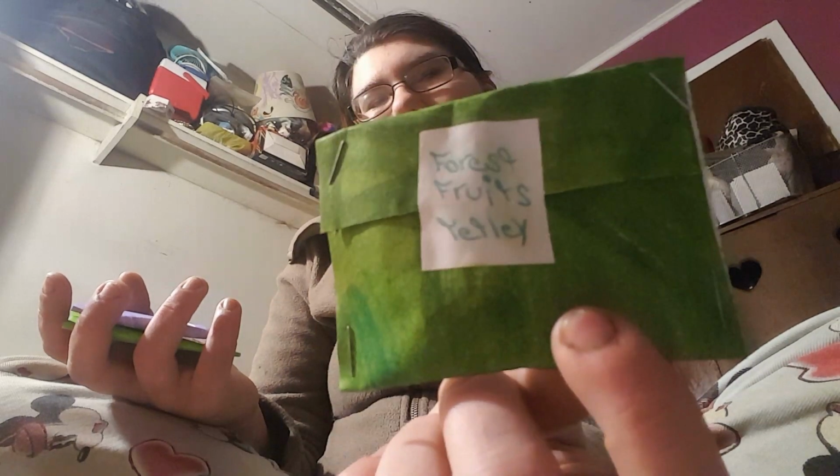Forest Fruits by Tetzley, which this is, I believe, before they changed over to the round discs, because this is actually a pyramid that...